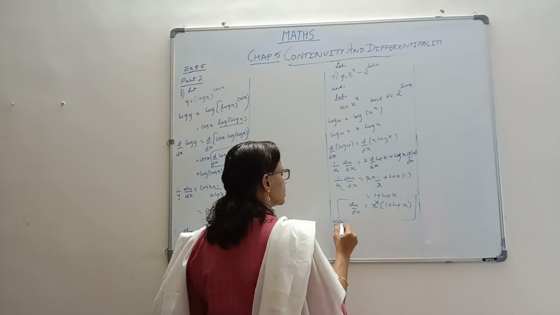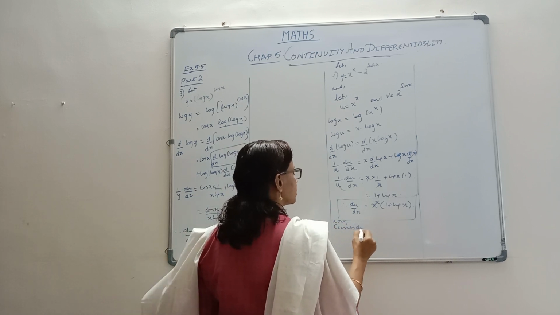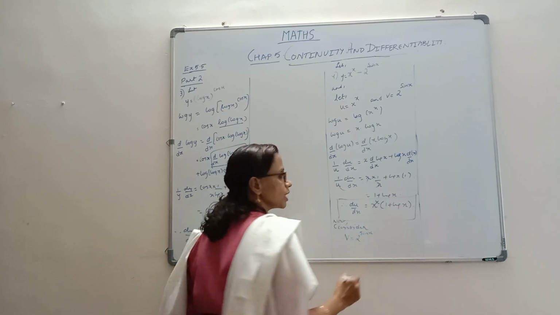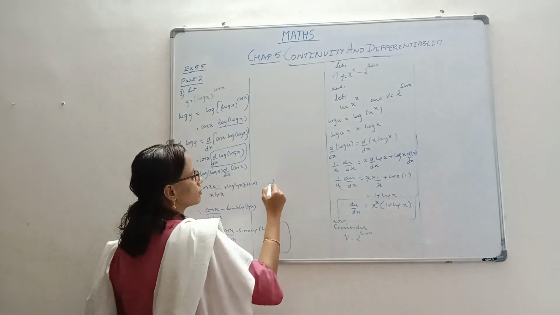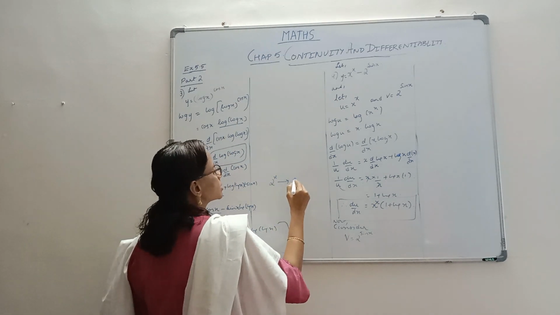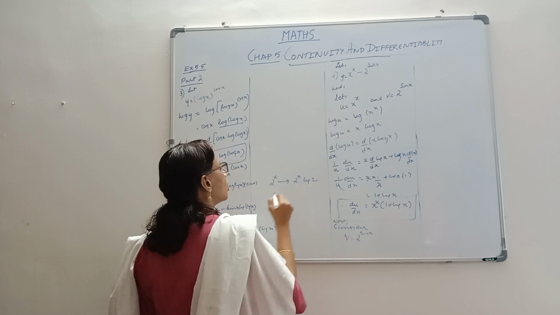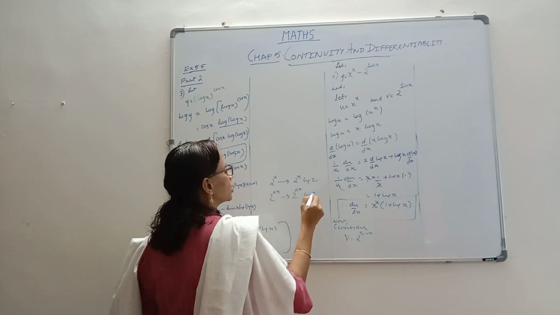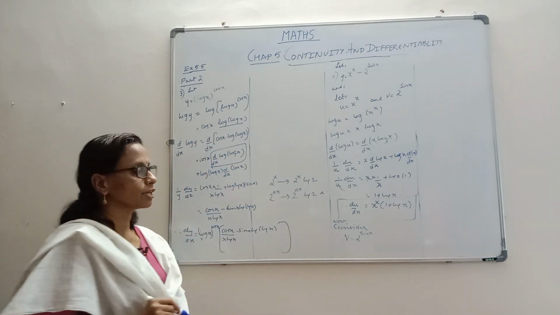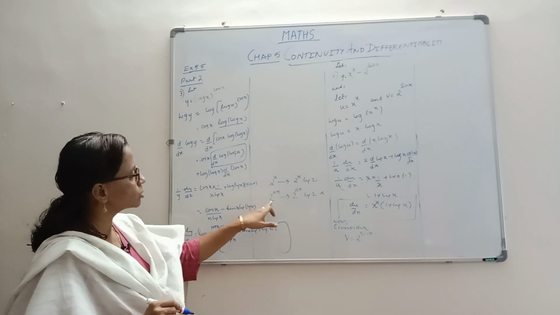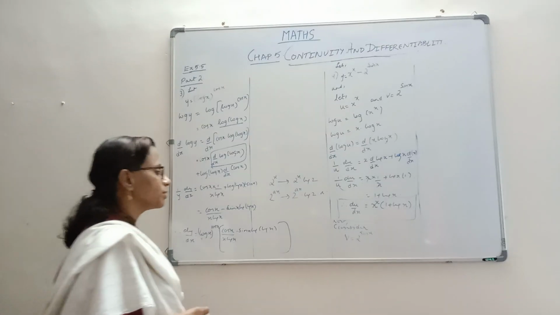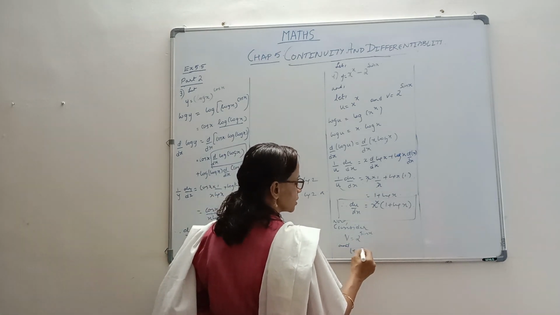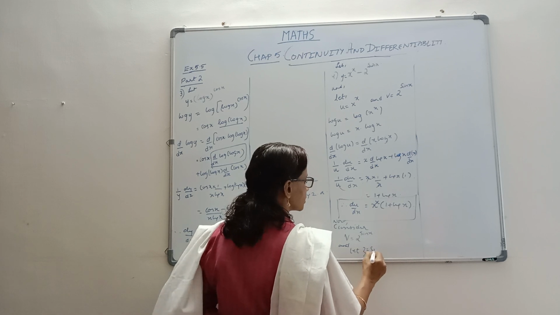Consider v, which is 2 raised to sin x. See, 2 raised to x, we know the derivative. We have learnt 2 raised to x, the derivative is 2 raised to x log 2. Or even 2 raised to ax, you should know the derivative. It is 2 raised to ax into log 2 into a if you want. So till that step it is okay, but here it is 2 raised to a function, sin x. So we may have to make a substitution. Let this sin x be some z, z equals sin x.